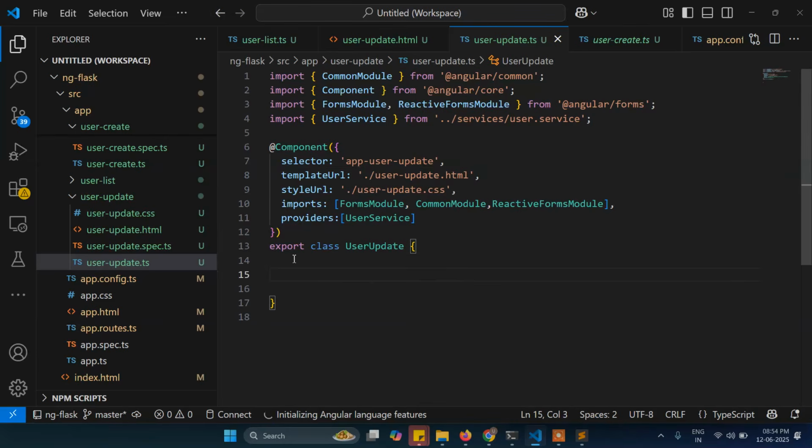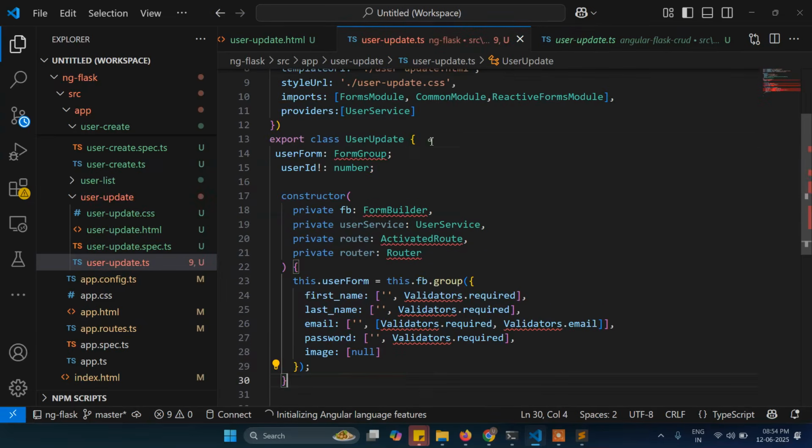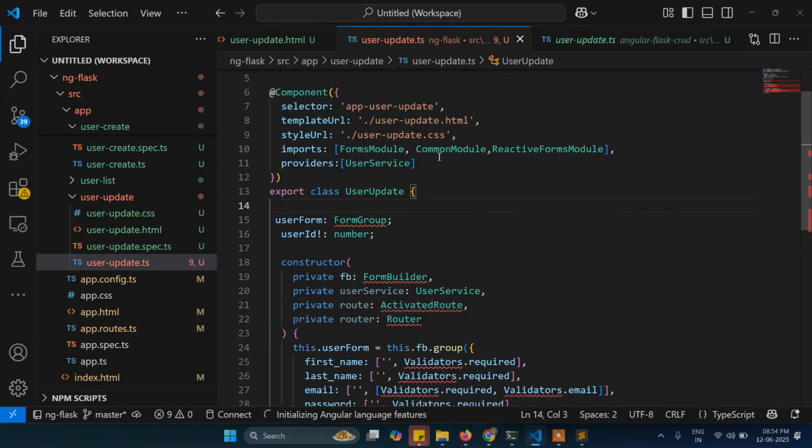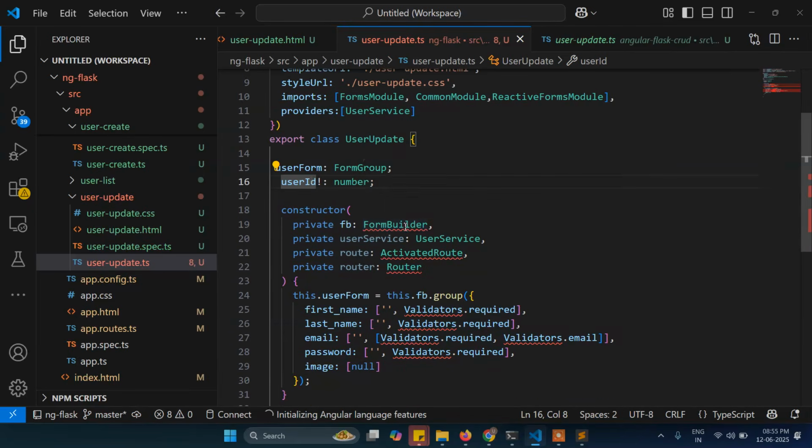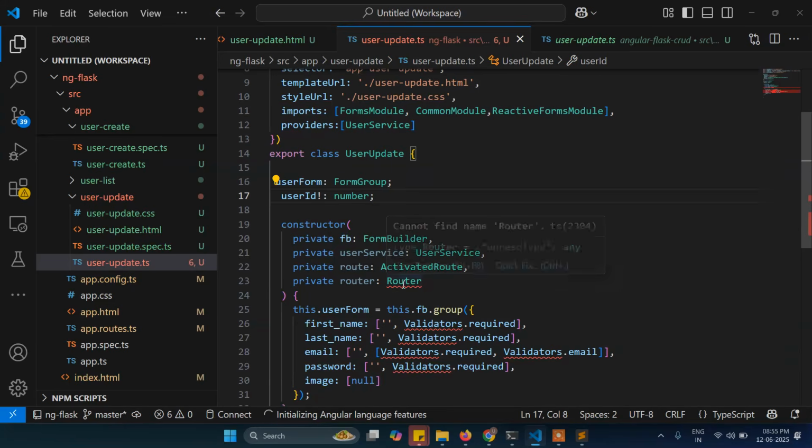So here you will see a few things. Once again, for form groups we need to import FormGroup, and this ID, user ID: at the time of editing you need an ID, that's why we are passing user ID here. Then FormBuilder, once again you will have to call, and this one is used to fetch the URL ID, this ActivatedRoute, this one. And this validator,